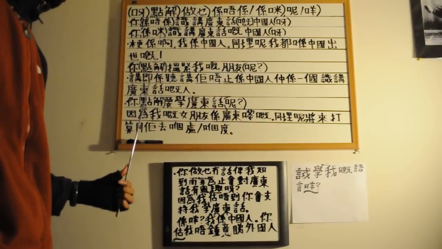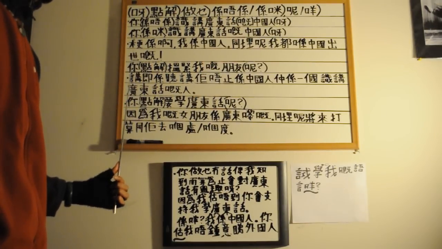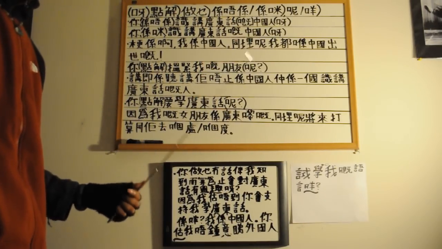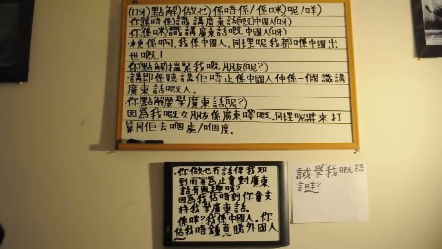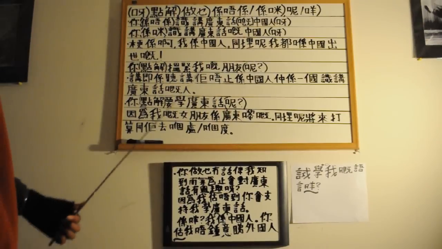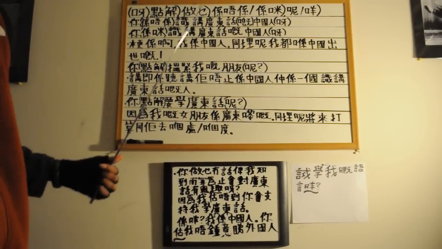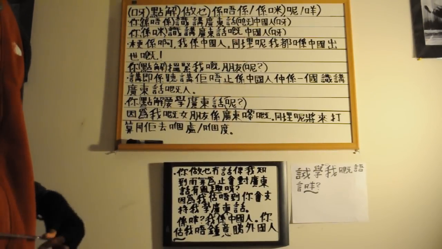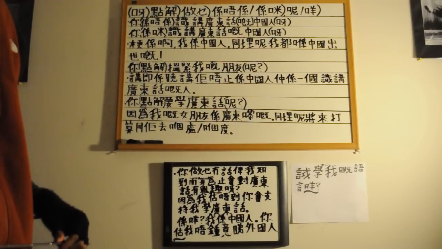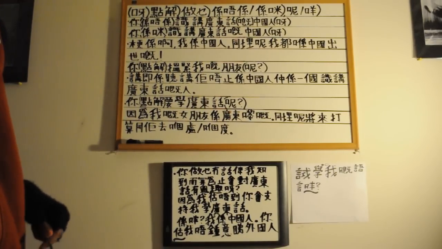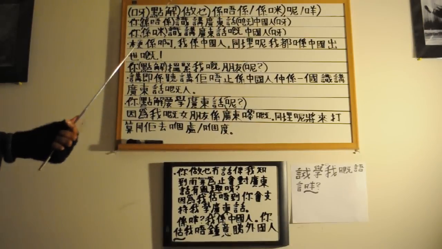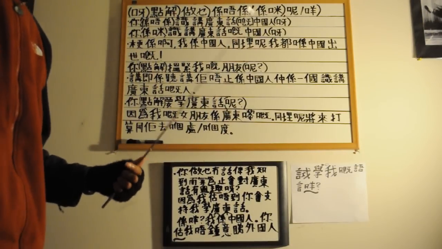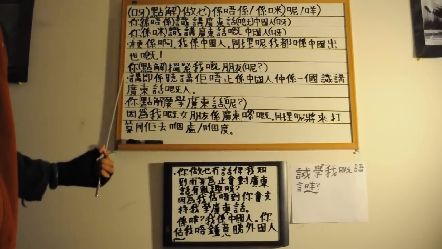It's kind of hard to explain this, but whenever they say someone is from this place or that place, they always add ge at the end. They always add the possession particle there. So I guess you can look at it as: I am the one that was born in China, or something like that. The one that it is. I don't think that's a good example. But just remember, when someone says they're from a particular place, they add the ge at the end.